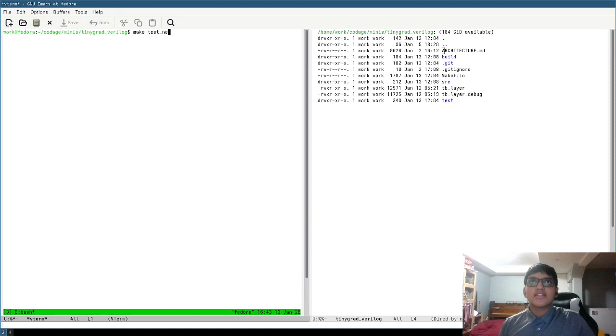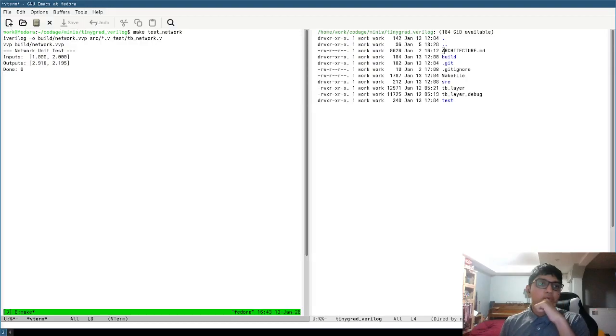Make tests network. You can see inputs 1, 2, outputs 2.918, 2.195. Now for this test we had no intended output, but